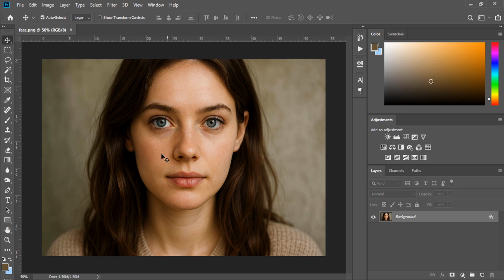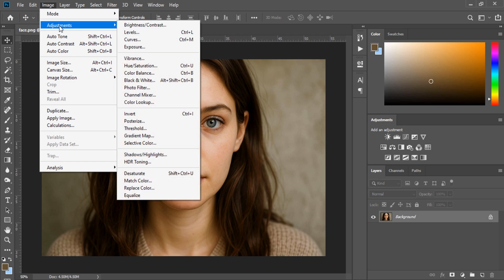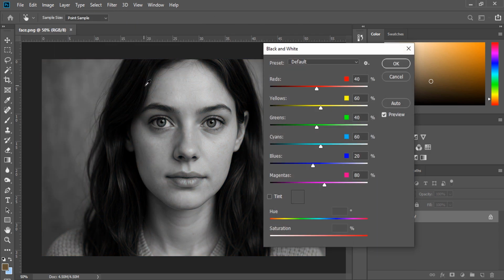First, open your desired image in Photoshop. Then from the top menu, go to Image, Adjustment, and select Black and White. A window will pop up with several color sliders: red, yellow, green, cyan, blue, and magenta. Each slider controls how much a specific color is converted into gray in the black and white version of the